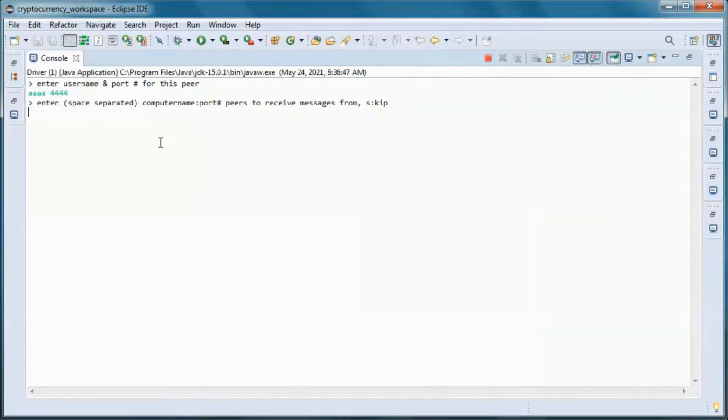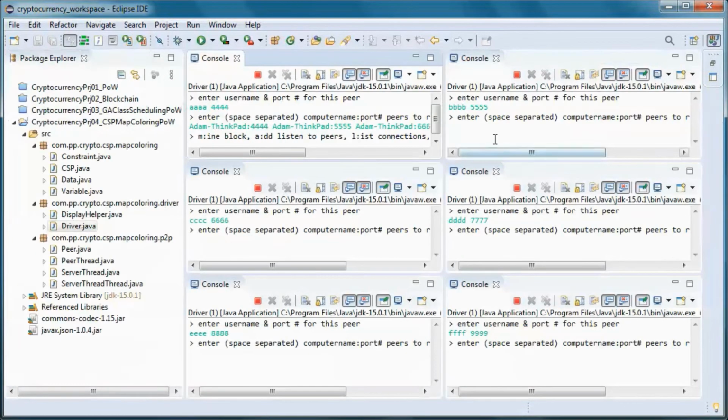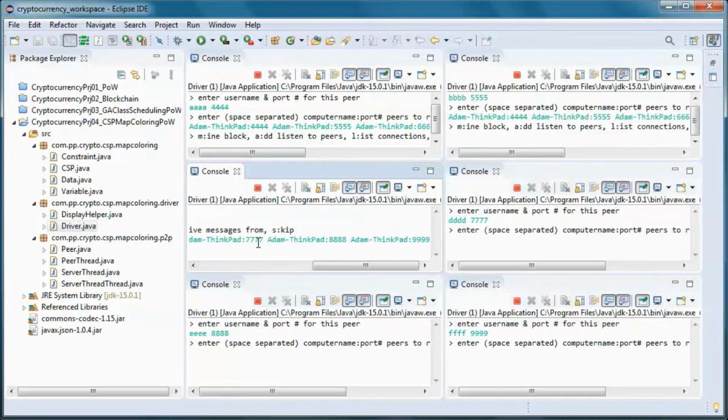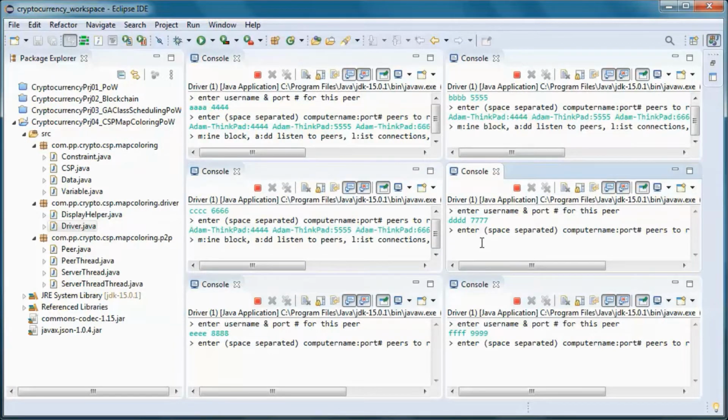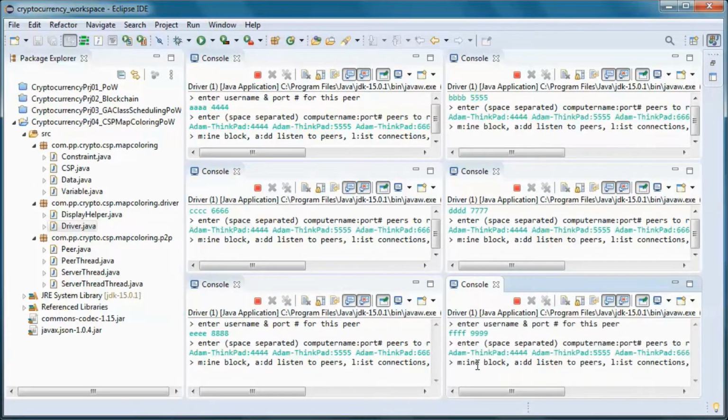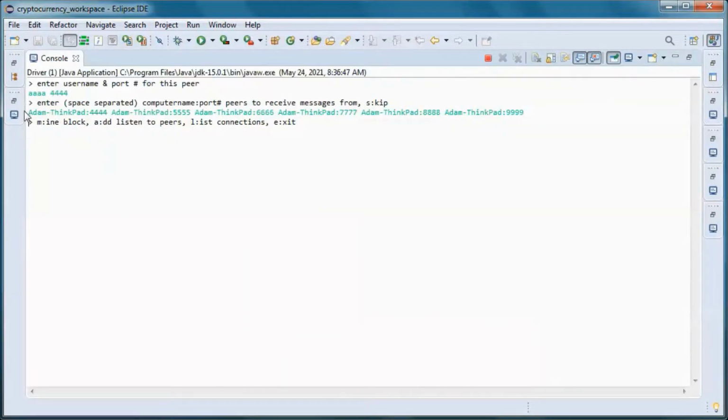And each one of the peers will pick up messages from all others. And even though I'm specifying this same peer, it's not gonna pick up its own messages since it does its own checking.